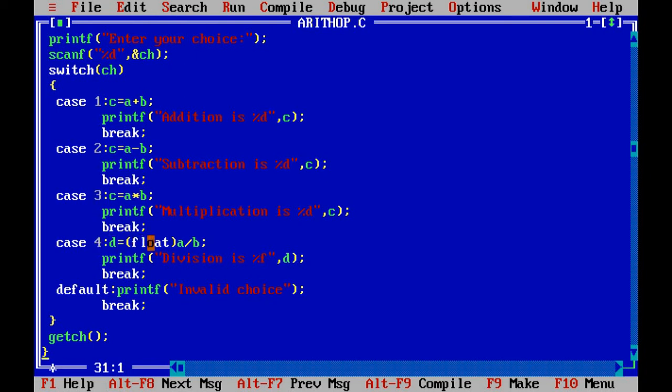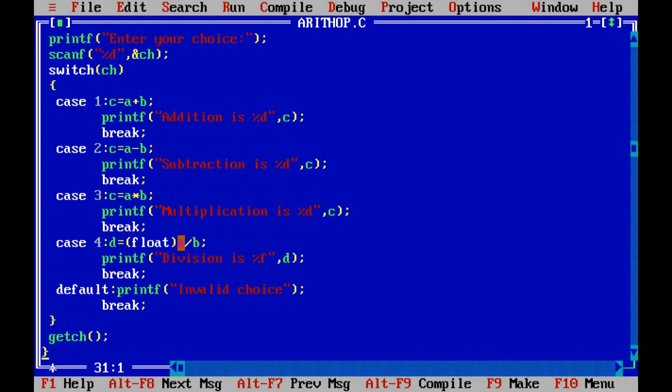4 is for division. We have taken a separate variable d of type float, because division can have a fractional part in it. So we have declared it as a float. d is equal to, in brackets, float a divided by b. What this statement does is perform division.